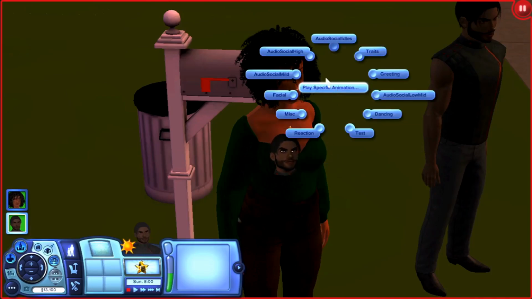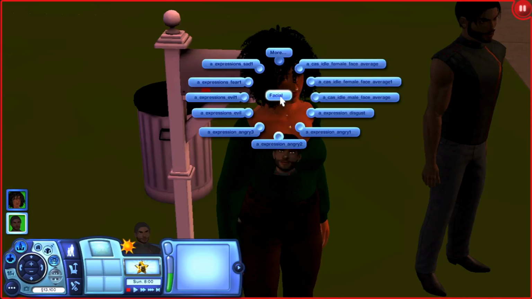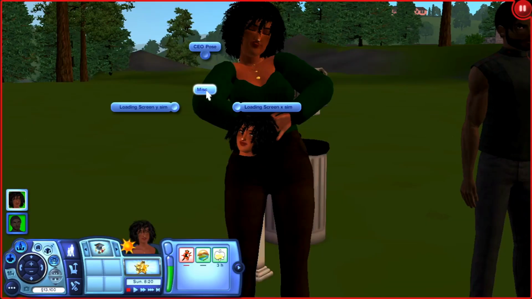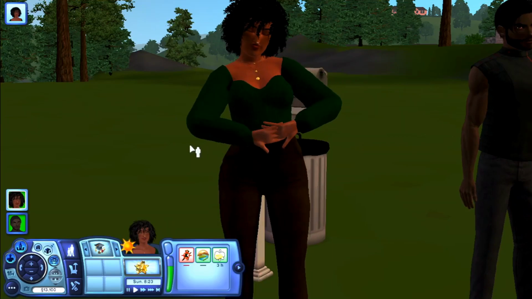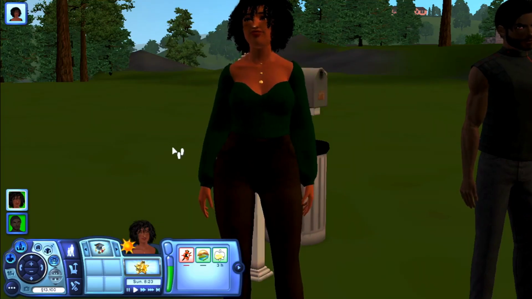So let's see here, facial, she can be sad. So this is the easy way to do it if you don't want to download poses, and if you want them directly from the game. What's a CEO pose? Let's look at that one. CEO pose,